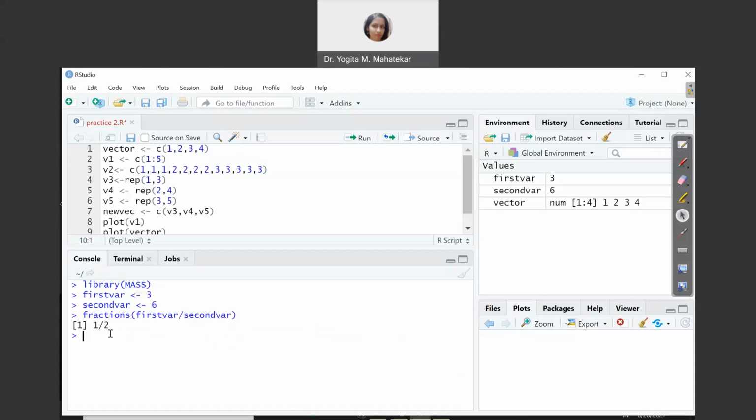And if I press enter, it will show you that the fraction 3 by 6 is 1 upon 2. So this is how to call a particular command from a particular package that is installed. Namely from MASS I'm recalling, and we are working on that. So this is how to use different commands from the particular packages.